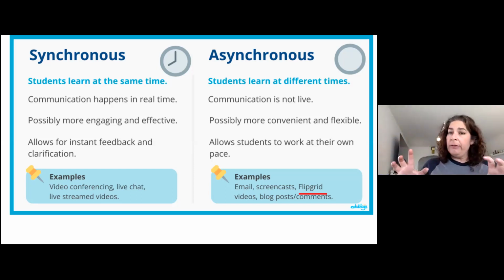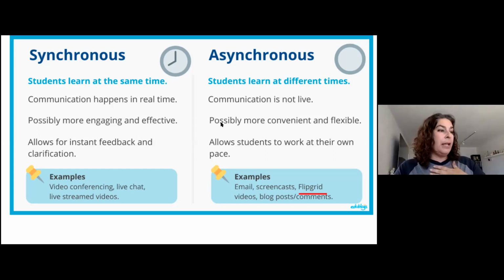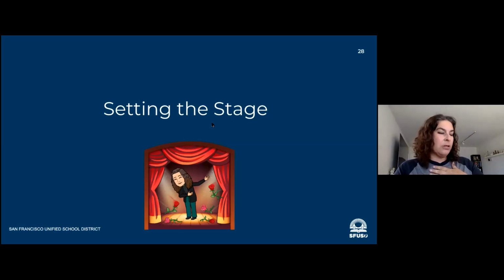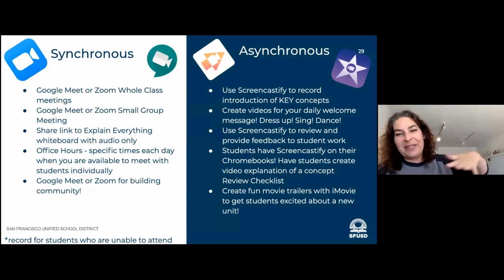And that asynchronous time should really be what drives your content in my mind. And that's just me. I have some examples here, and I'm not sure why this is all like this, but this was the slide that was supposed to be before that. And here you go. Everything's not perfect, and we just got to flow with it.